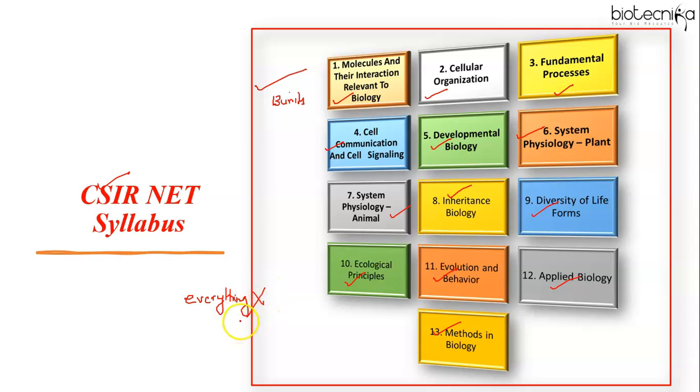For an exam like CSIR NET, smart studying is crucial. Begin your preparation by selecting 8 to 9 units based on your academic background, expertise, and interests. This means that you can skip 3 to 4 units which you are unfamiliar with or disinterested in. So let's understand each unit in detail, which will help you choose the ones that will boost your chances of success.